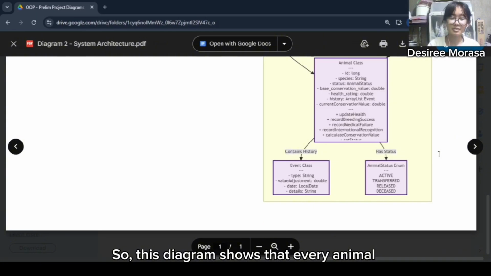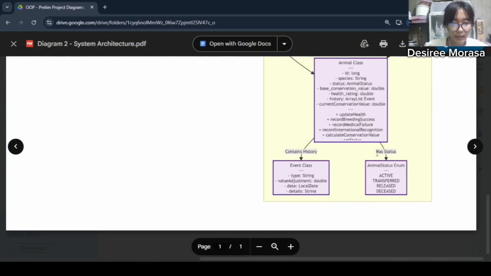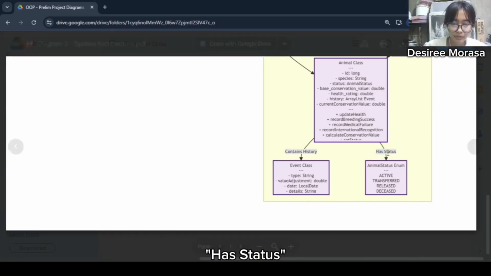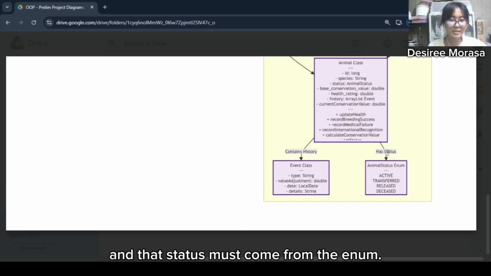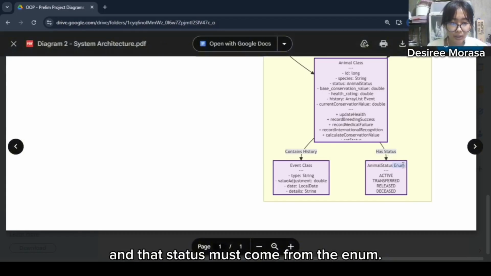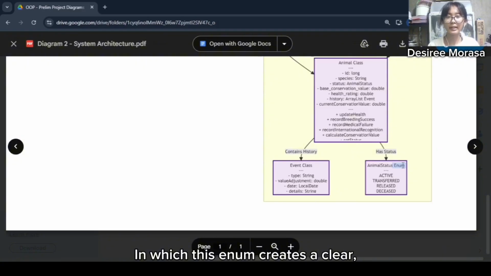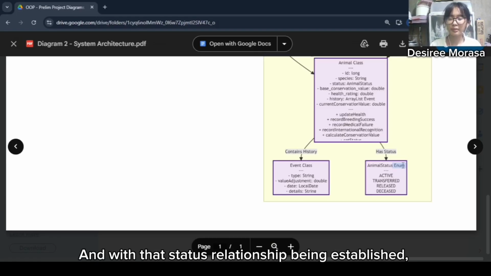This diagram shows that every animal has a status, and that status must come from the enum, which creates a clear, type-safe relationship between the animal and its current state. And with that, the status relationship is established.